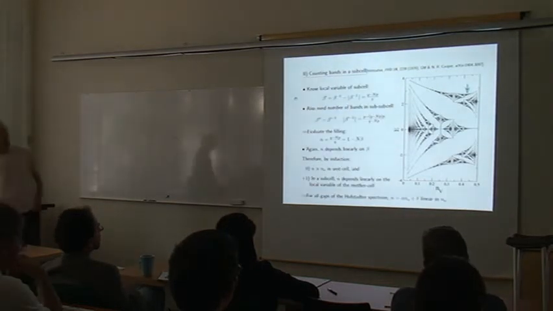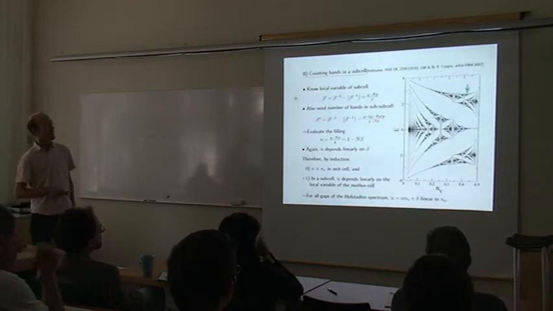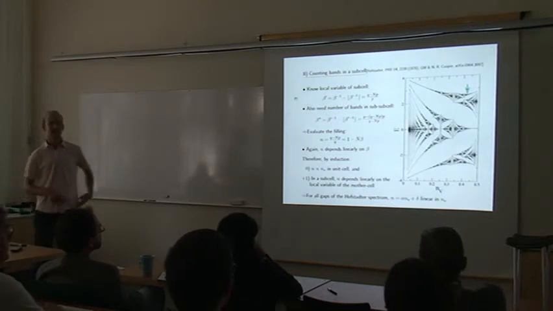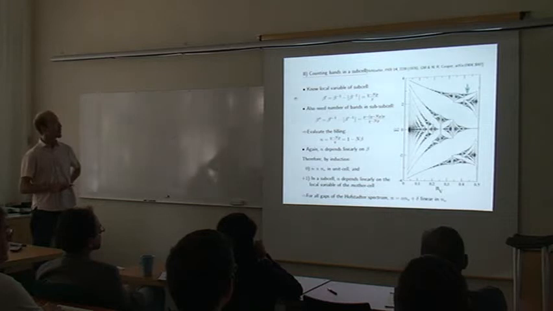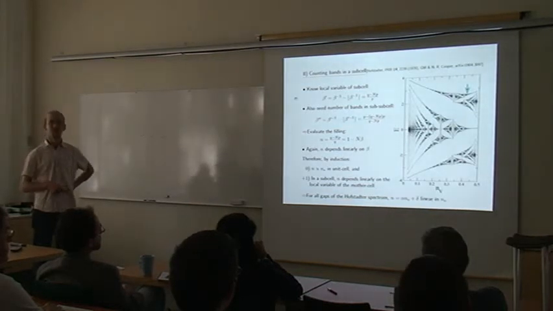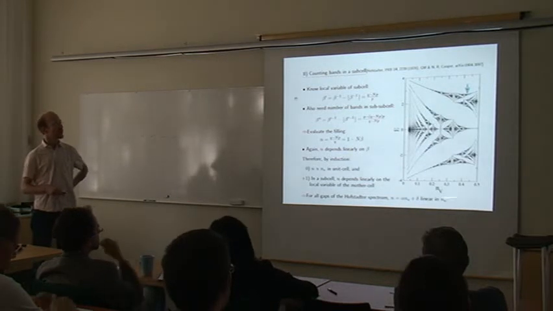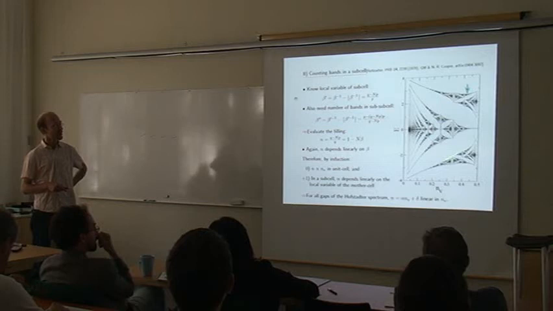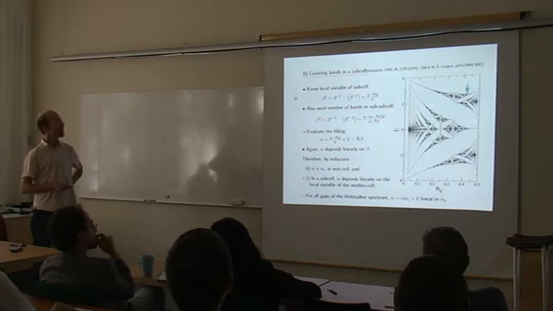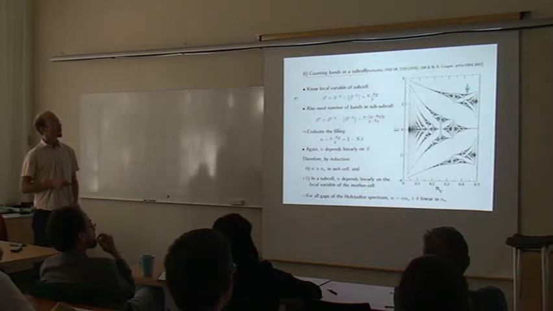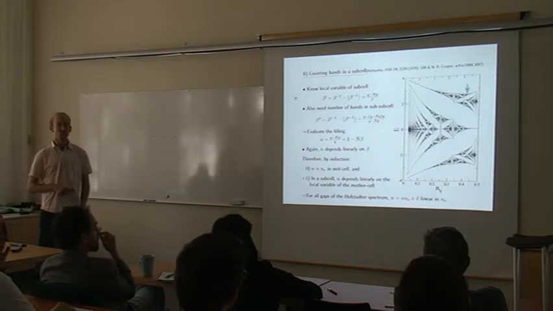Now the next step is to cut this apart and just take the next subcell and count the bands in that little piece there. So we do this transformation once more. It's going to be beta 2 prime, which is the local variable in this little subcell as a function of the local variable in this somewhat bigger subcell here. And so again, the denominator ends up being the numerator of the previous one.